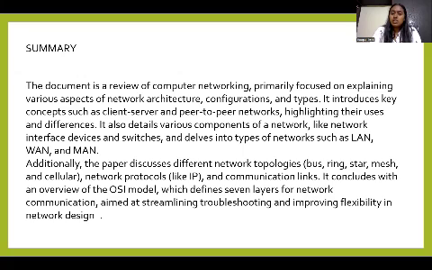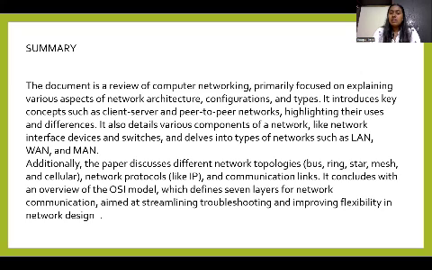It also details various components of a network like network interface devices and switches, and delves into types of networks such as LAN, WAN, and MAN. Additionally, the paper discusses different network topologies: bus, ring, star, mesh, cellular, and others.